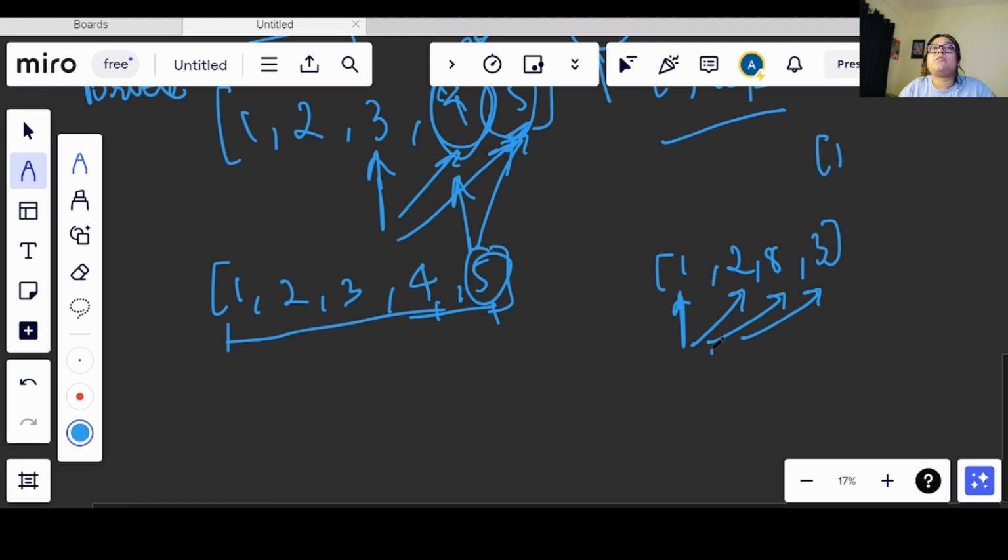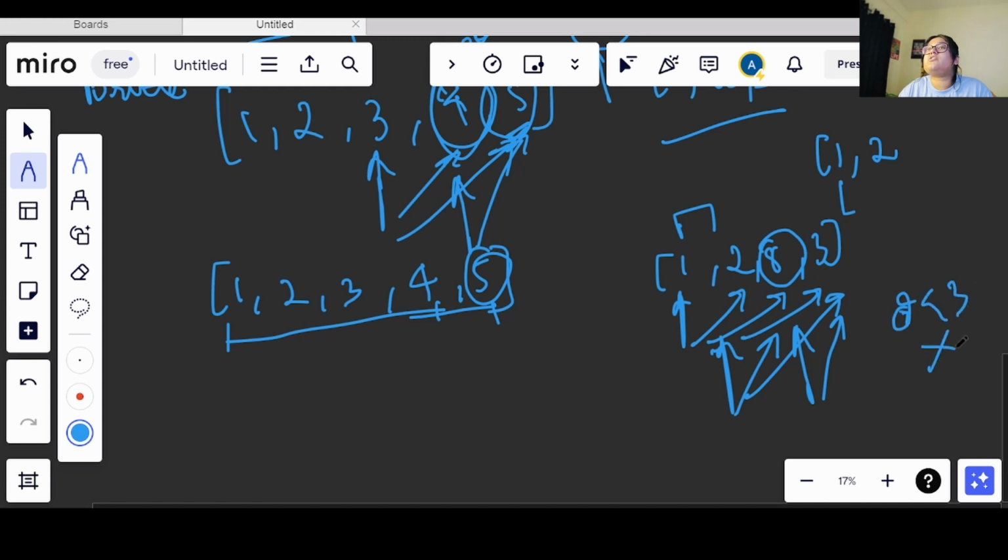Now what we will do, we will start from here. So we will check if this value, 2, is lesser than 8, it is true. 2 is lesser than 3, it is true. So till now from 0 to first index my array is sorted. Now I will come here and I will compare this with this, right? Is my 8 lesser than 3? It is not, right? So what will happen, once I find a value which is not lesser than the next value, we will break out of the loop from there only